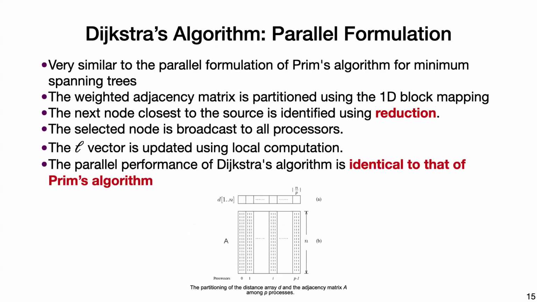So the parallelization is exactly the same as Prim's algorithm. The adjacency matrix now has weights, but that doesn't really matter; the structure is the same. You cut it up into column-wise pieces, and this distance vector is now called L, but it's the same. Every iteration is exactly the same as before. You take this reduction, this min between the distance vector, or L, and the adjacency matrix. We need to find which vertex is coming next in growing the SSSP, and that needs to get broadcasted.